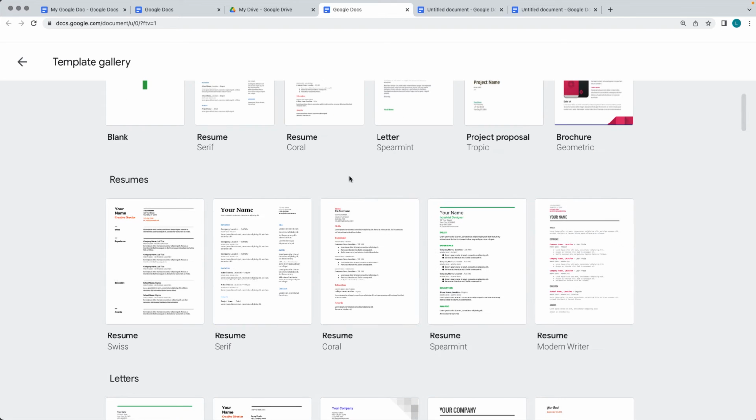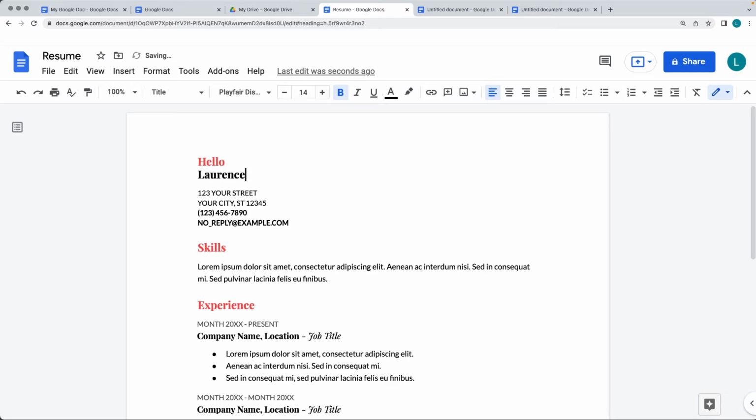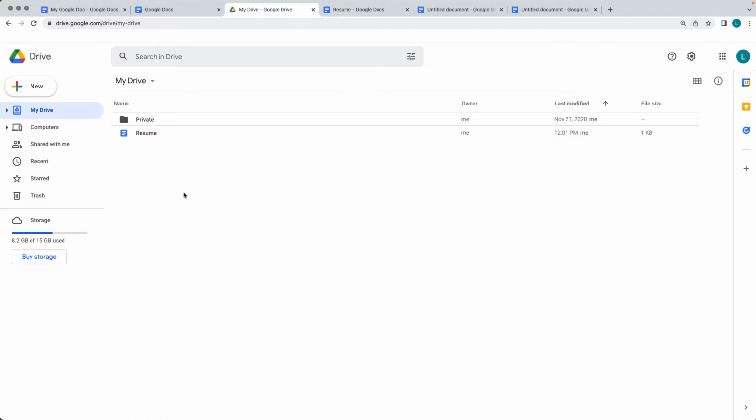I'm going to go ahead and select the resume, and the resume template is going to open up with a pre-filled template where you can simply select and populate your own information into the text areas. And then once you've set it, of course, this is going to be saved on your Google Drive. So once you've created the document, it's going to be saved directly on your Google Drive. So now you can go into the Drive. Once the document is created, it's going to be sitting within the Drive,